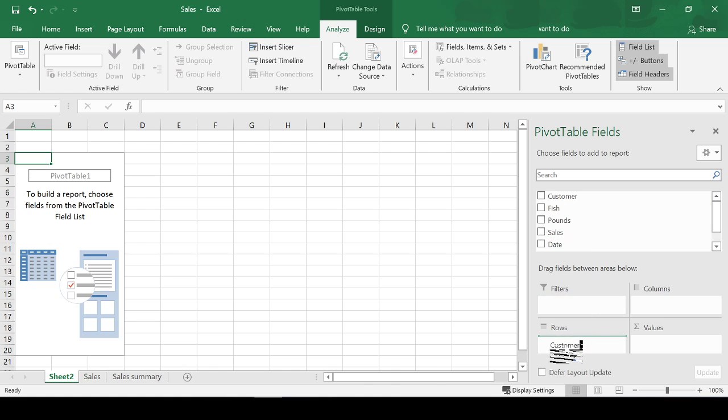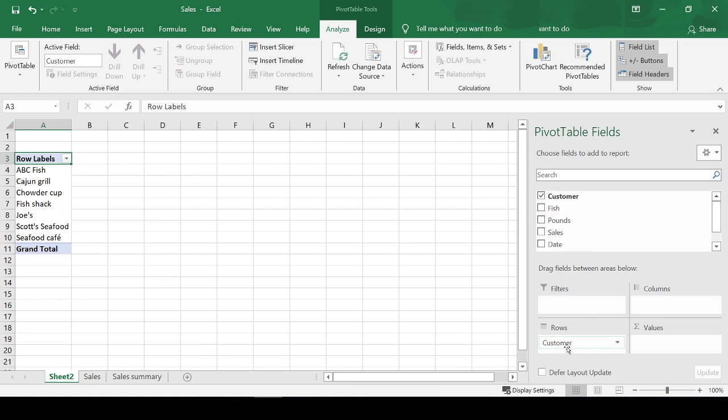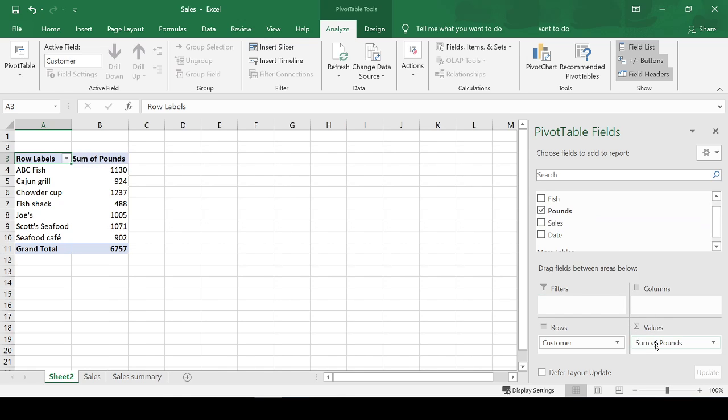So if I want a list of my customers, I can drag the customer down to the rows. And so it shows a list of all my customers. And if I want to see how many pounds each customer has, I drag the pounds over to the sum of values. So this is showing that I'm summing up all the pounds for ABC Fish, Cajun Grill, Chowder Cup,